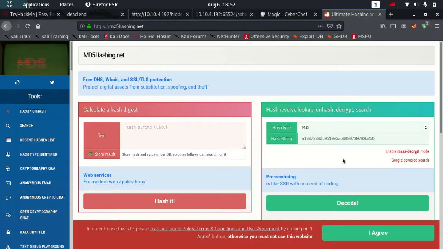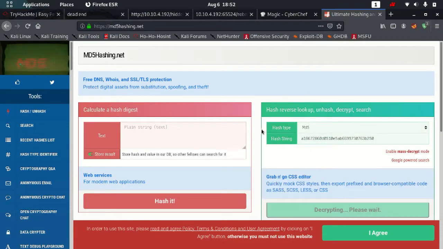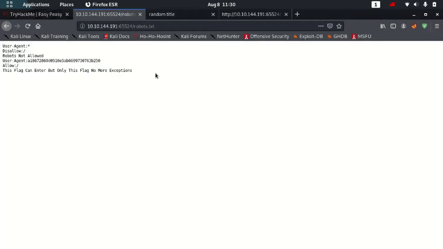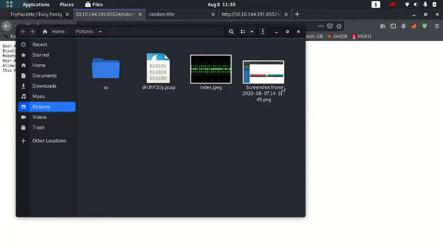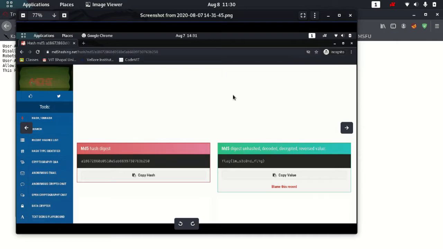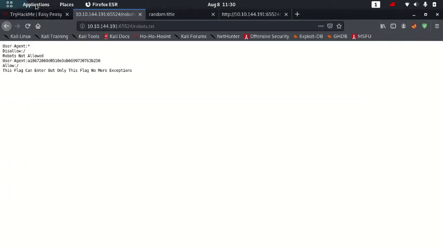I tried it on many websites, and this was the only website which seemed to work. After that I was able to find the crack, and this is the screenshot. I just went to md5 hashing, and I got this one, flag IAM second underscore flag.